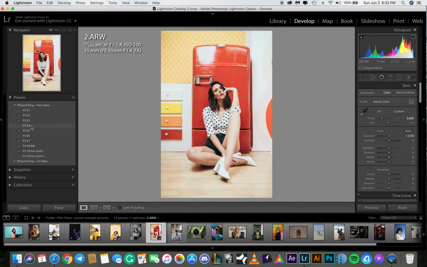I kind of like that one the best. Again, I know it's not level and all that stuff, but we're just showing the presets here. I can do 45, something like that. Bring this